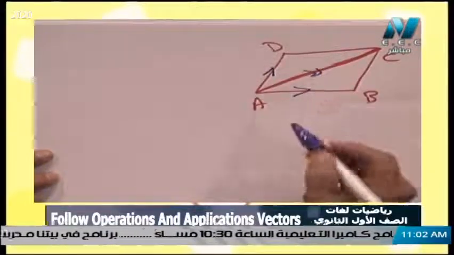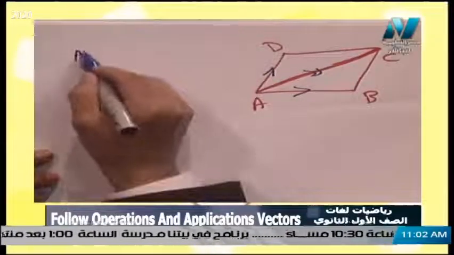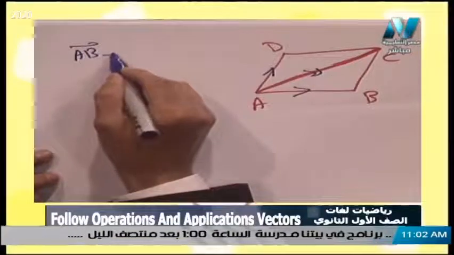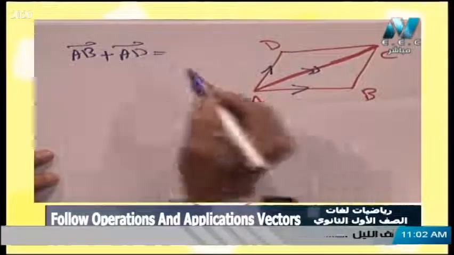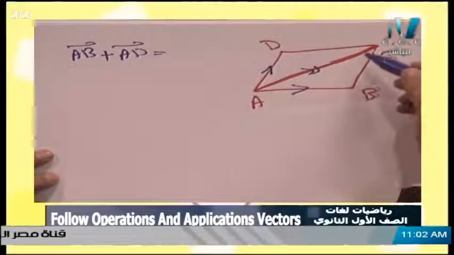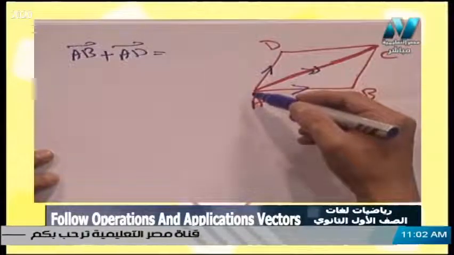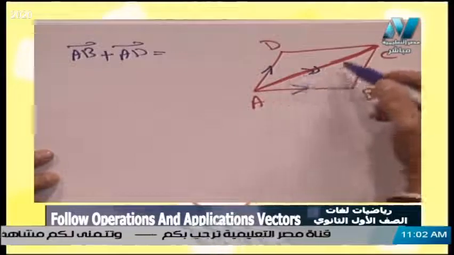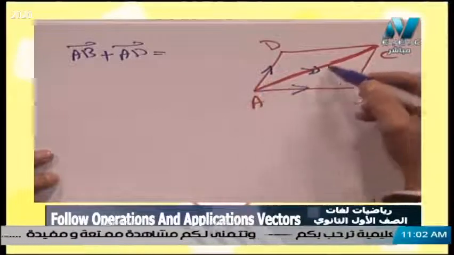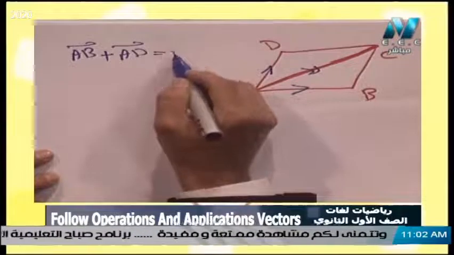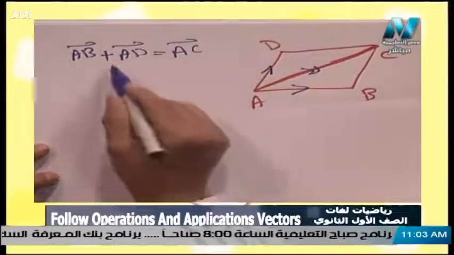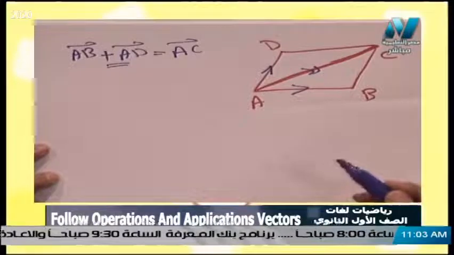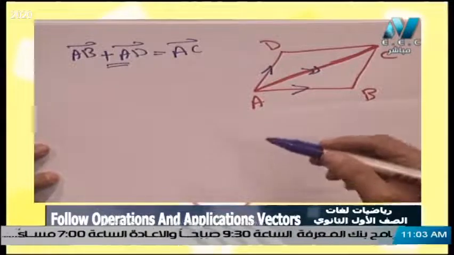The rule is the vector AB in the parallelogram plus the vector AD equals the vector AC, which exits from the same point, which is the diagonal of the parallelogram, equals the vector AC. And if we try to prove it, it's very easy for us, because we know that